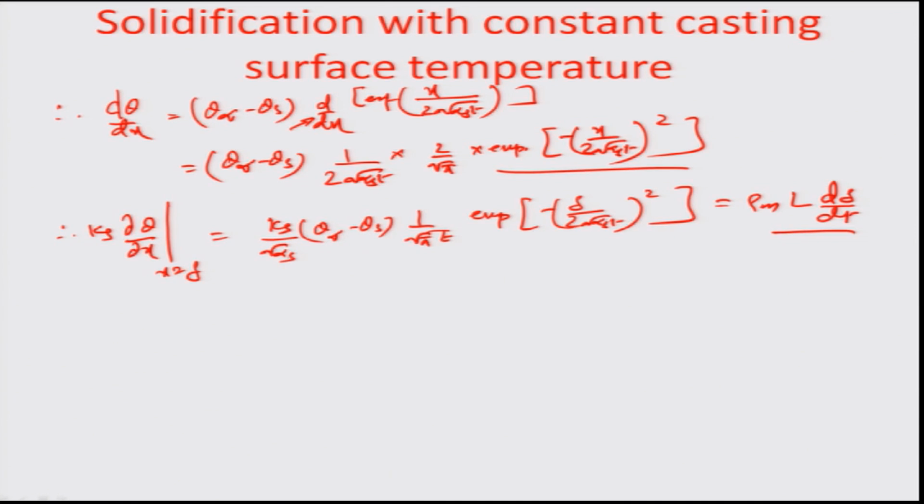So we can substitute the value of alpha s here as Ks by rho m Cs, where again it is the thermal diffusivity of the solid phase. So it can be defined as the thermal conductivity of the solid phase per unit the density of the solid or liquid metal, similar to each other, times the specific heat capacity of the solid phase. Okay. So, this we substitute